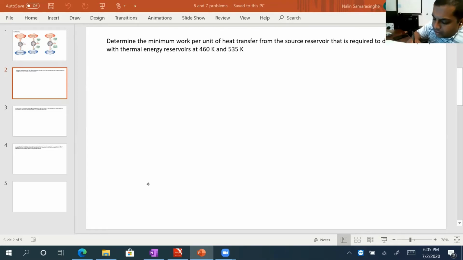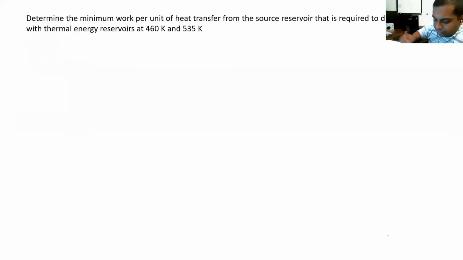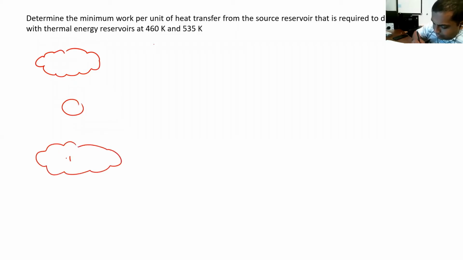Now, whenever you are dealing with one of these problems with a heat pump or a heat engine, refrigerator, any chapter 6 problem, you should start with this diagram. Okay, you have your heat engine device in the middle, two reservoirs, low temperature reservoir, high temperature reservoir, and you have two heat flows. These are your heat flows, and this is going to be your work flow, right? So this is your starting diagram.